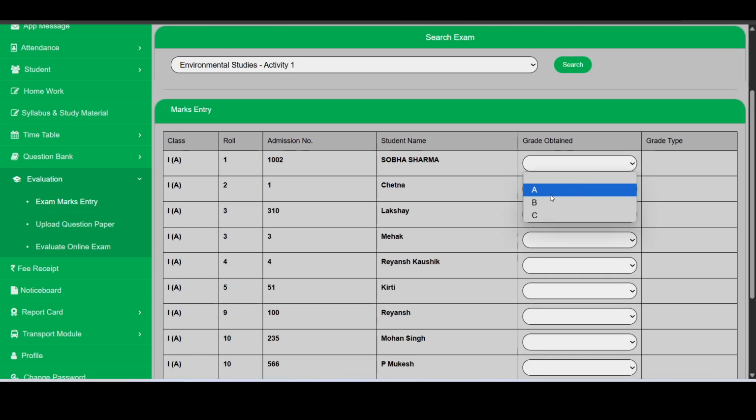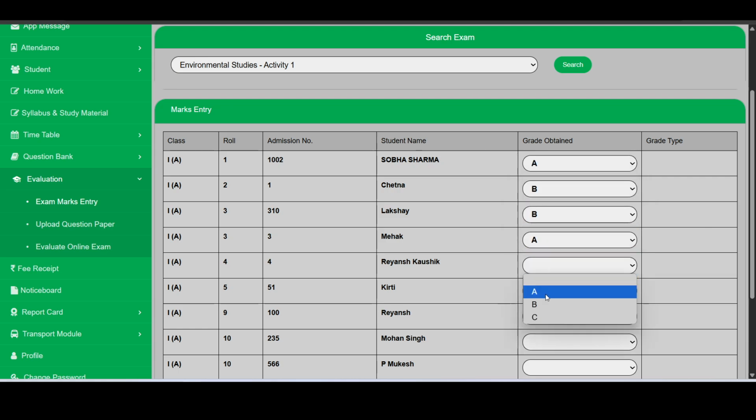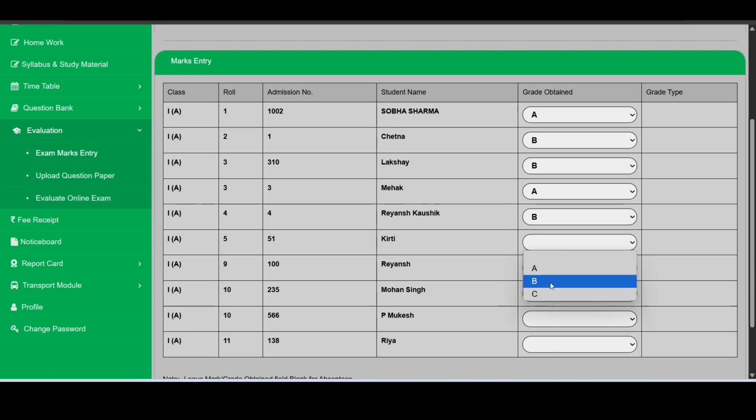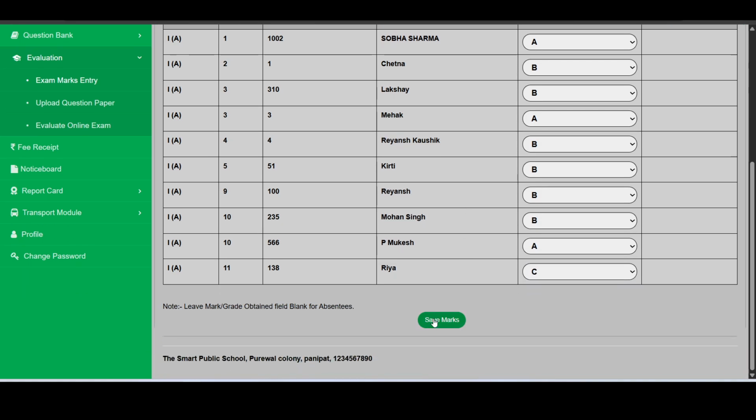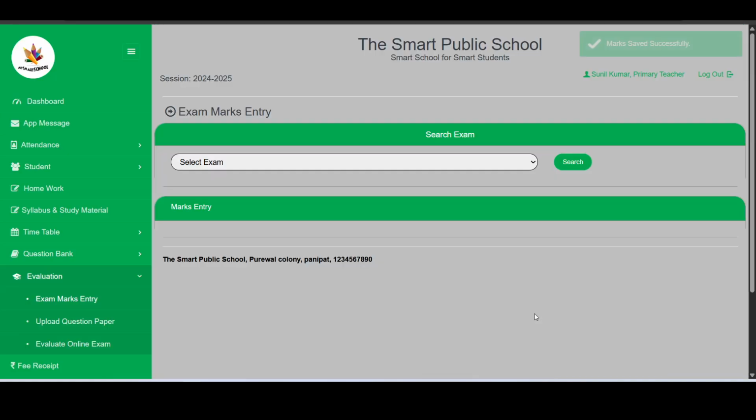Here you will find a drop-down box of the available grades. You just need to fill these in like this. It is very easy. You can fill and save, and all marks or grades are saved successfully.